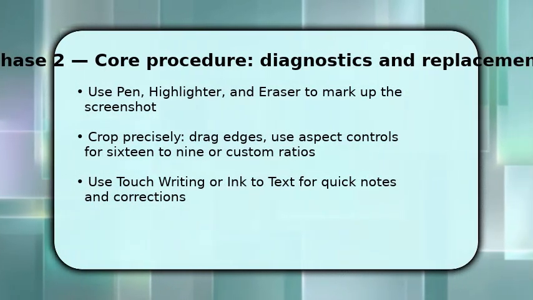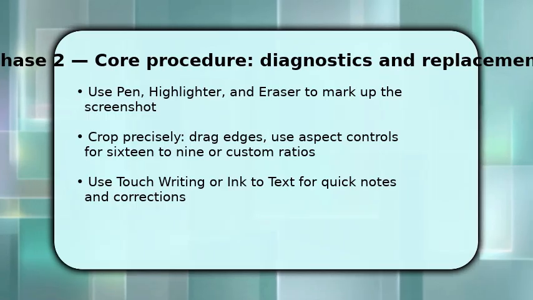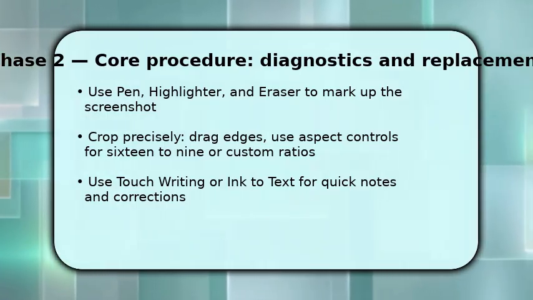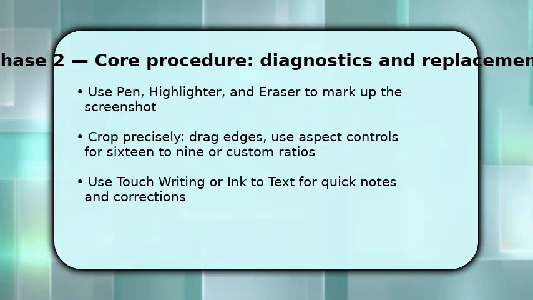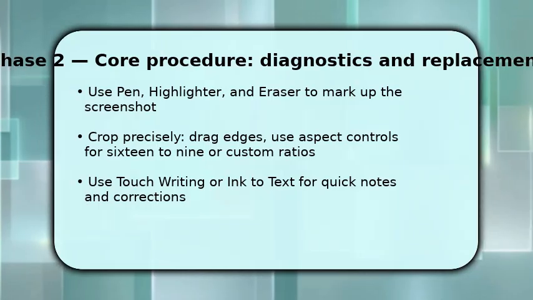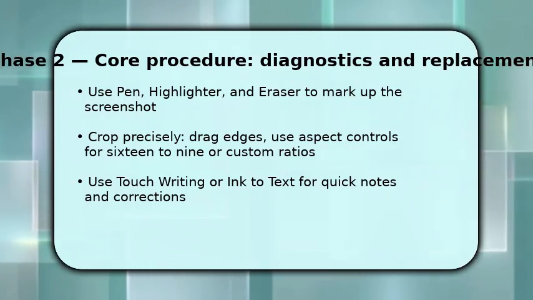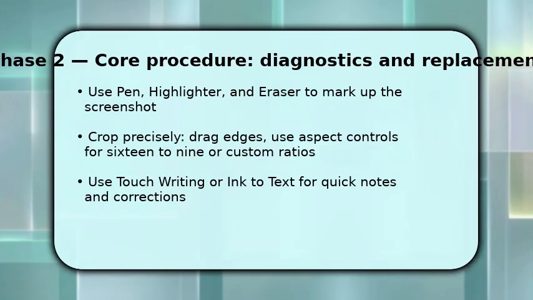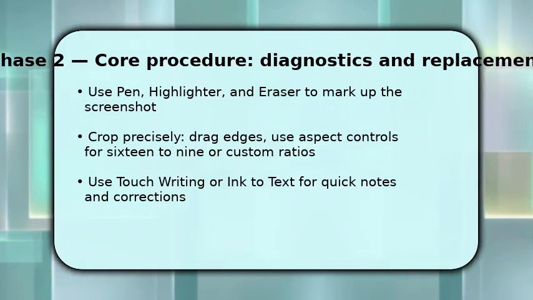Use the pen and highlighter to call out details, vary stroke thickness for emphasis. Crop by dragging the handles or select an aspect ratio such as 16:9 for presentations. If you need precise marks, use the ruler or protractor to align lines. This keeps annotations clean. Once your edits look right, use the undo or eraser to fix mistakes, and then choose